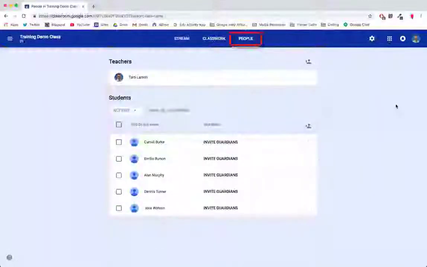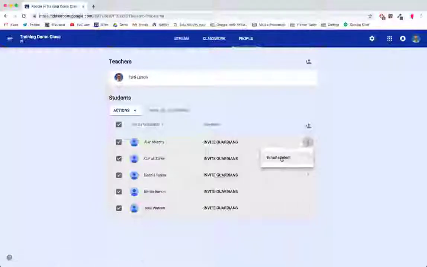The People section will show all the individuals associated with this class, whether they are teachers, co-teachers, or students. In this section, if you want to look at all your students, you'll see them listed right here. You can sort these by their last name or by their first name. You can choose to individually email a student,